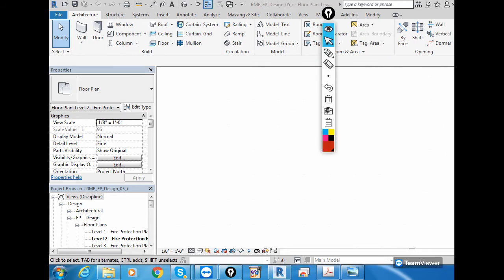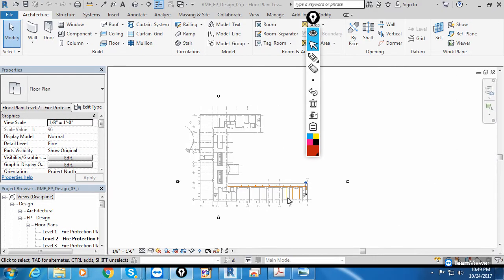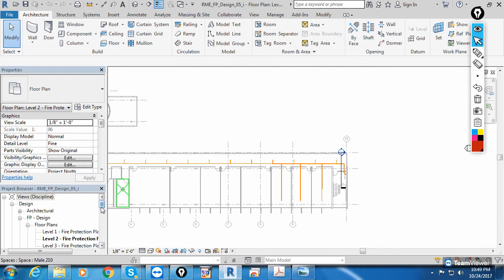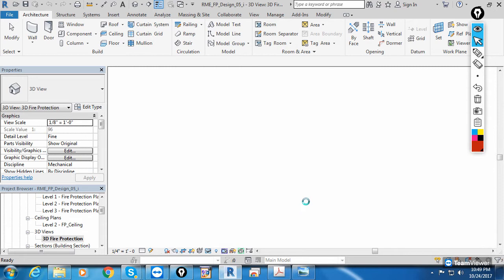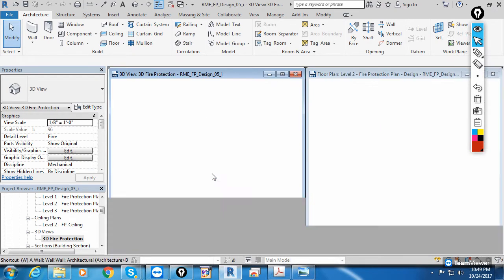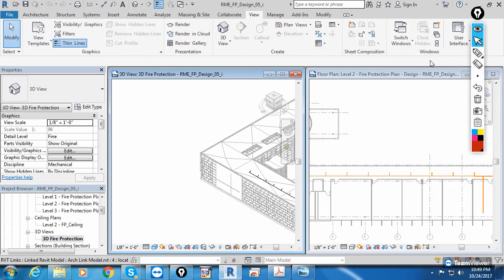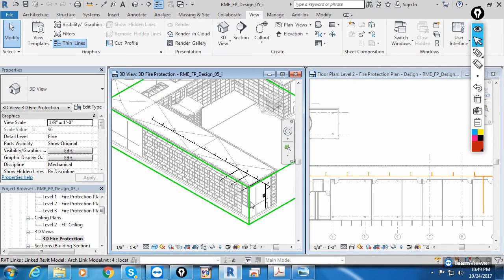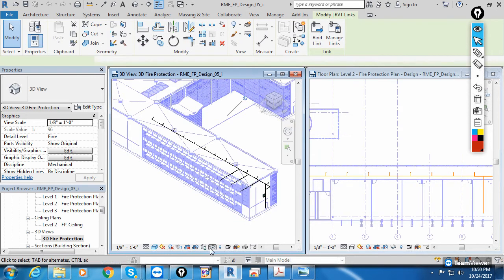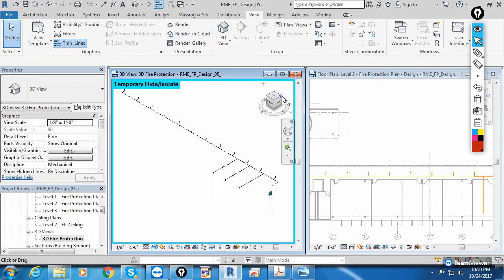Next, I'll hide this TeamViewer. And then this is a plan. We'll switch on the 3D view. WT tile window. Same tile window here. Zoom this area and I'm going to hide this building. See, only the pipes are visible.